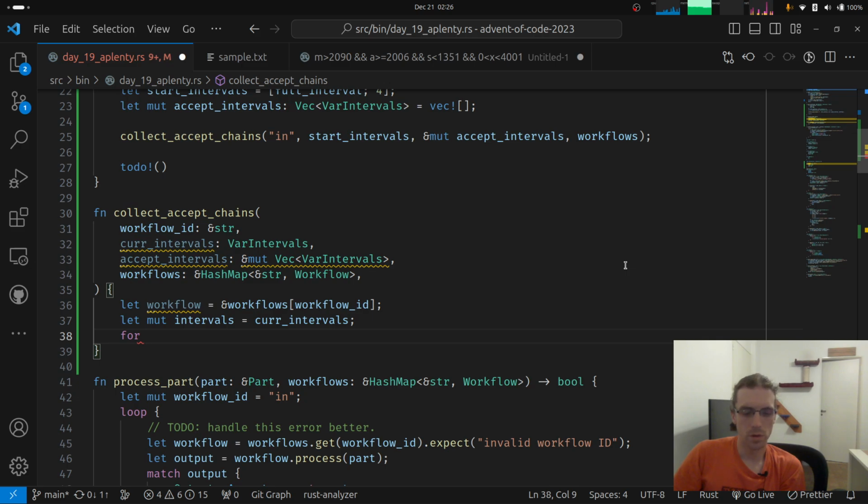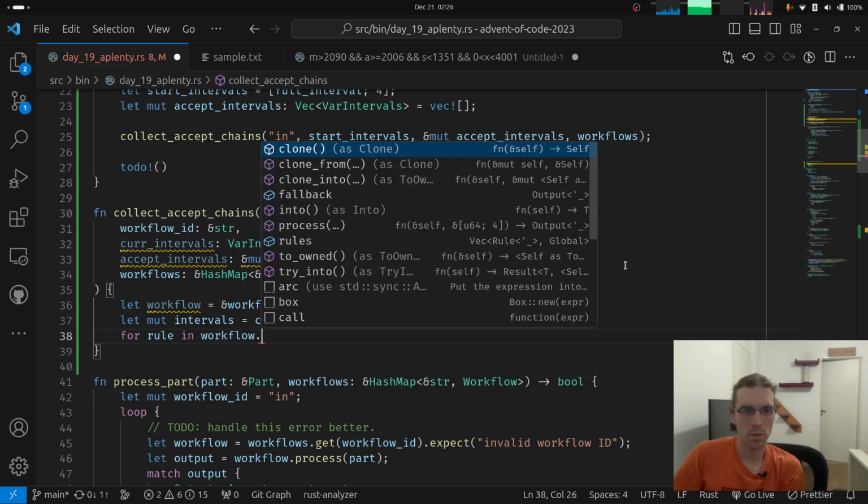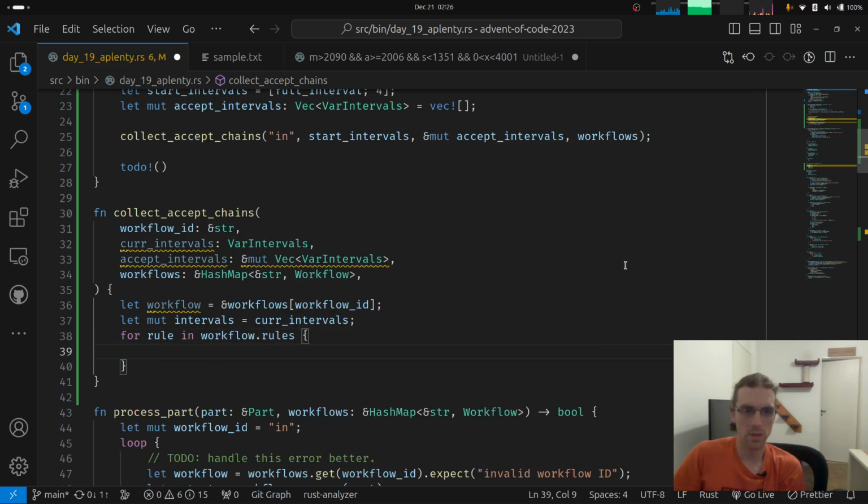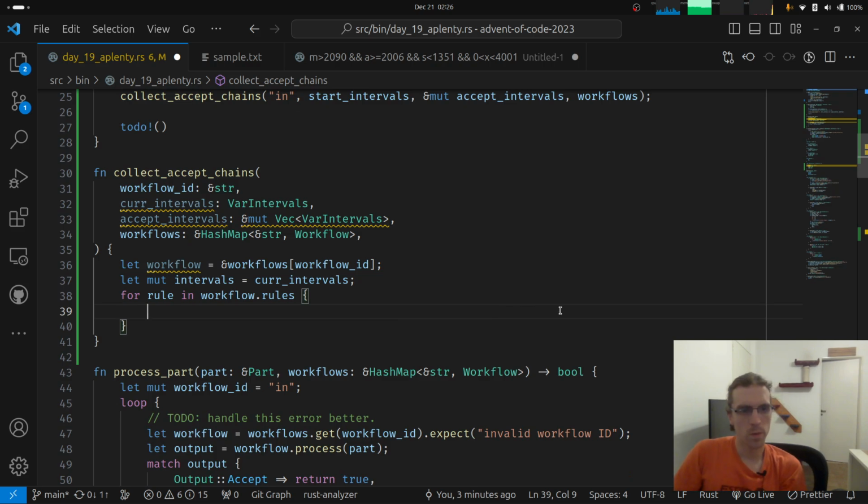Then we're going to go for all the rules in workflow rules. This of course can be delegated to the workflow itself, but I'm incapable of thinking about that right now. So we're going to go for all the rules and we are going to consider the rule accepted, and otherwise we are going to mutate these intervals with the opposite of that condition. Okay, so